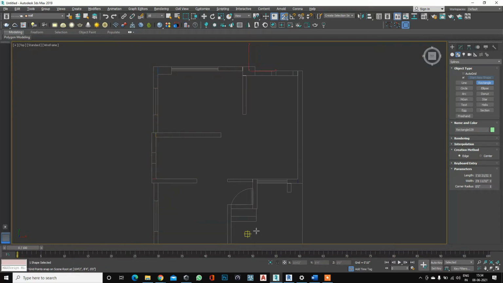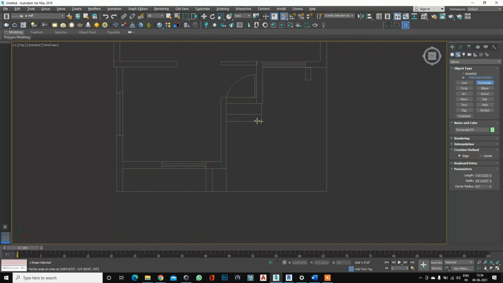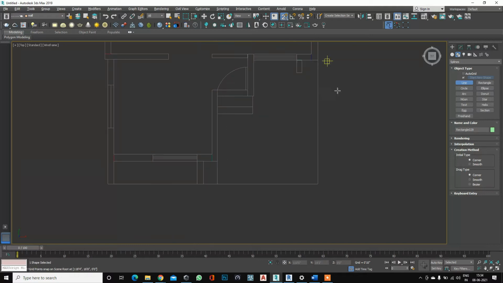So my basic drawing is ready. Now this portion I'm not drawing with squares, so we can use the line command for this portion. This is our parking area.